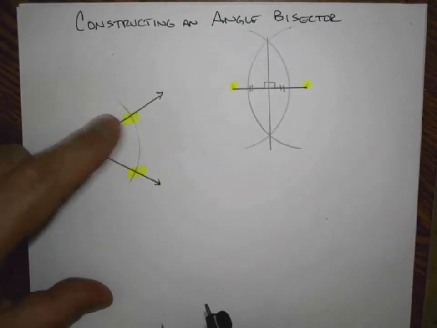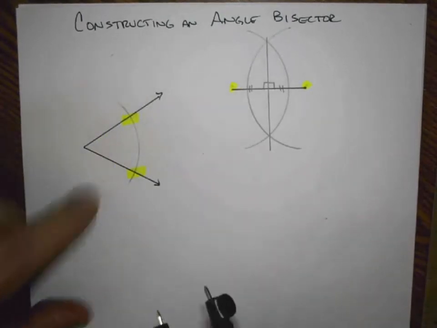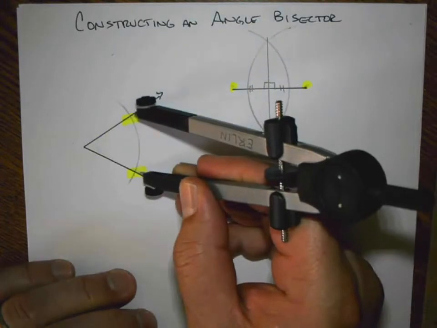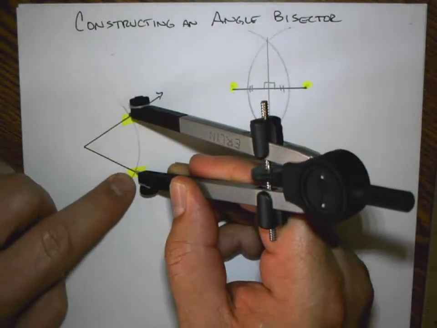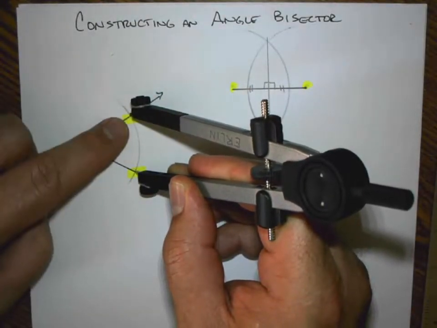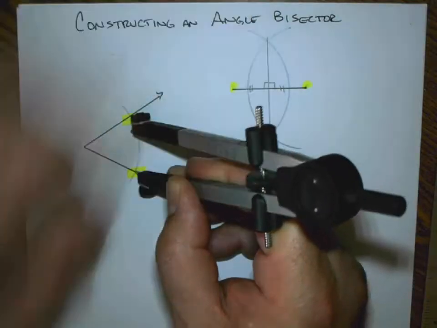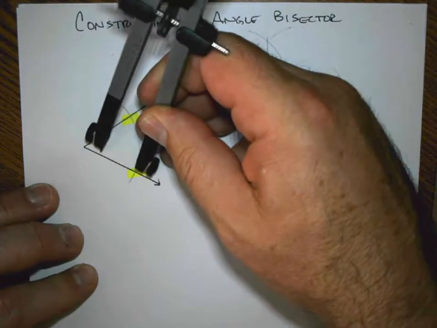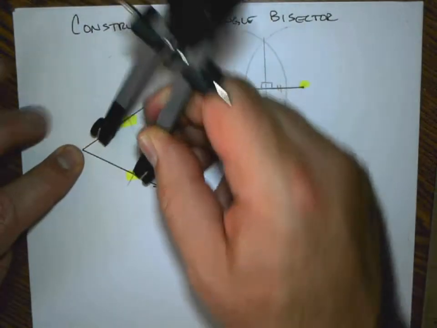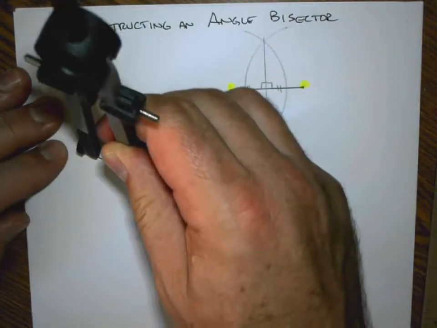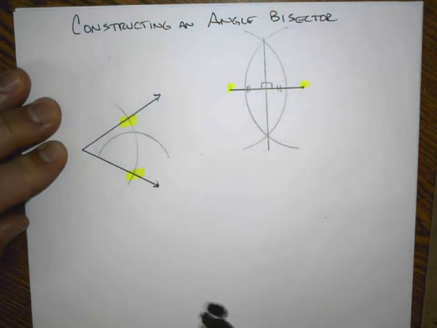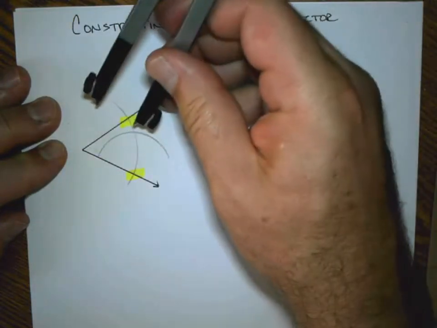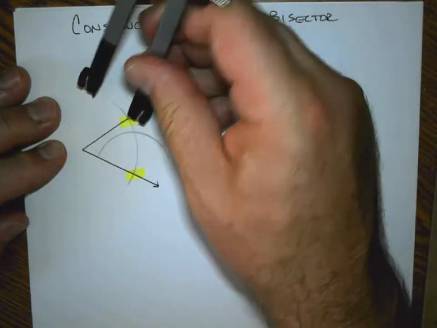Having established my initial arc on my angle to be bisected, I'm going to adjust my compass from this yellow point to be more than halfway to the other yellow point of intersection. It doesn't matter where, as long as it's more than halfway. I prefer to ensure that it does not go through the vertex as well. You'll see in a moment why that's important. I make a half circle with that, and I carry the same measurement in my compass to this other ray and make another corresponding arc